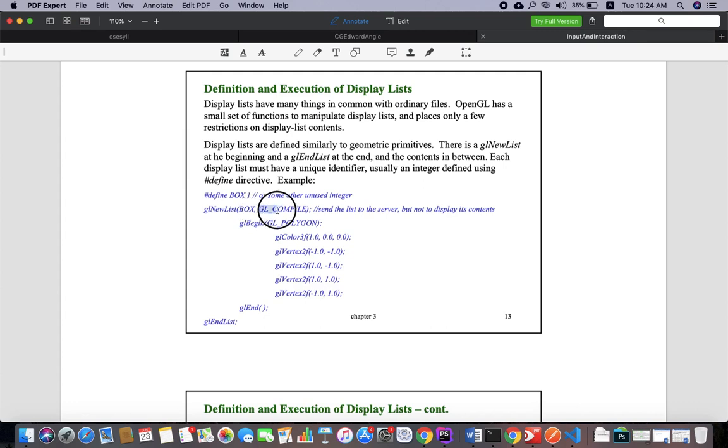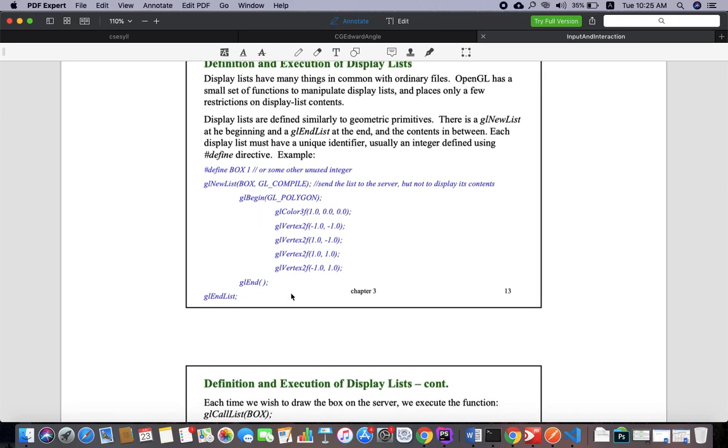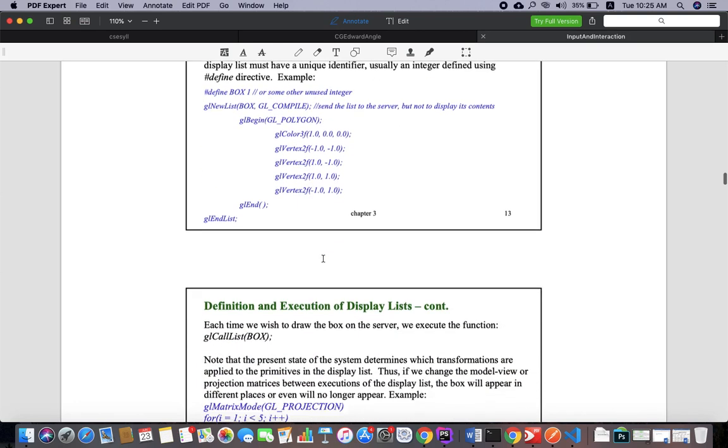Okay, and then what you have to do with this is whether you want to compile it or you want to transmit it. There are 3 modes of it, but in this example I'll go only with compile. So this one will compile the object and store it inside the display list, but it doesn't display until it is called. Okay, so now it has been stored inside the display list.